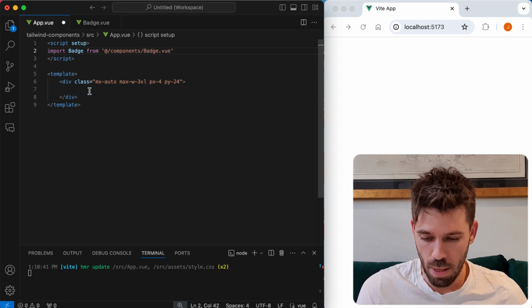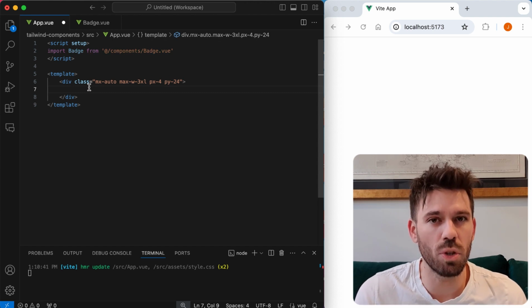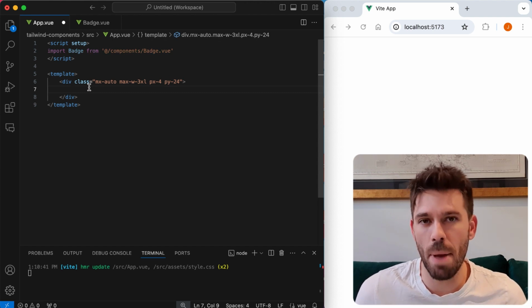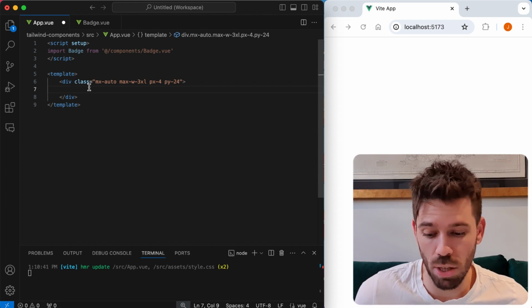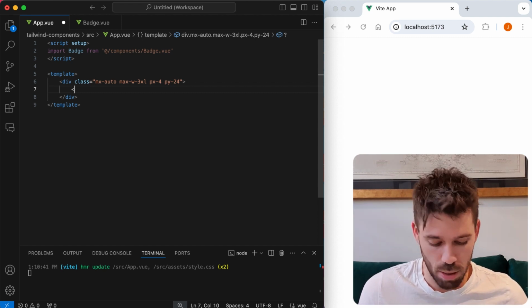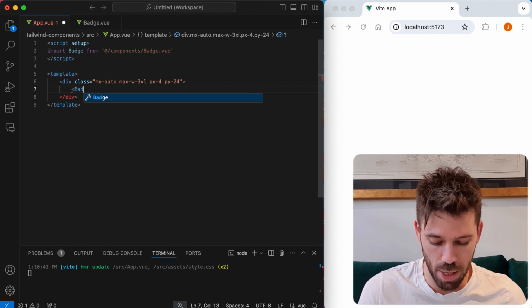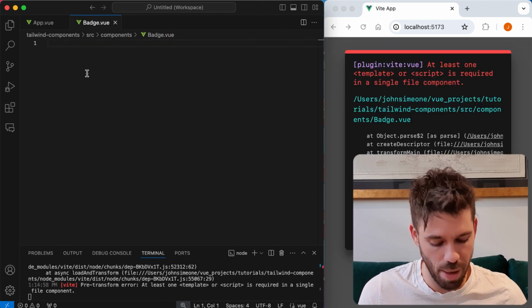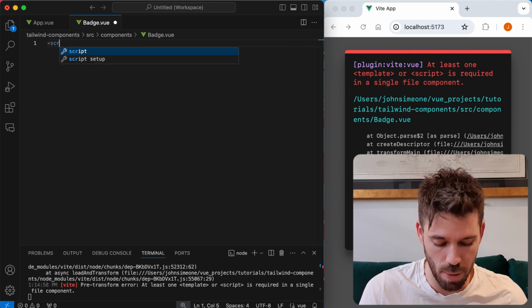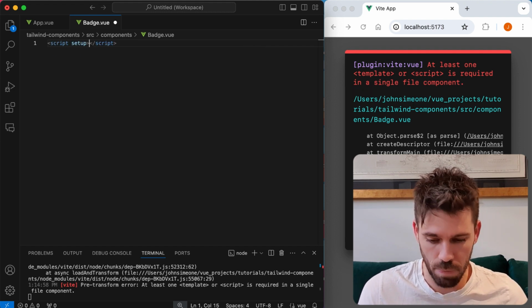badge.vue. And we're going to make this badge reusable so we can use it from a parent component and output different content to our badge each time. So we're going to go ahead and put badge here. And now we're going to come to our badge component, which doesn't have a script or template, so we're going to do that. Set up